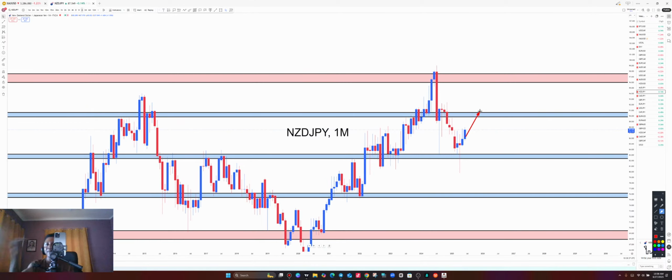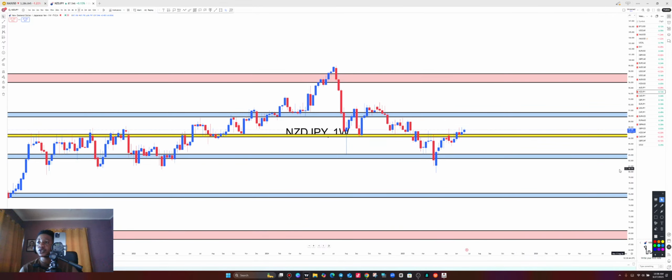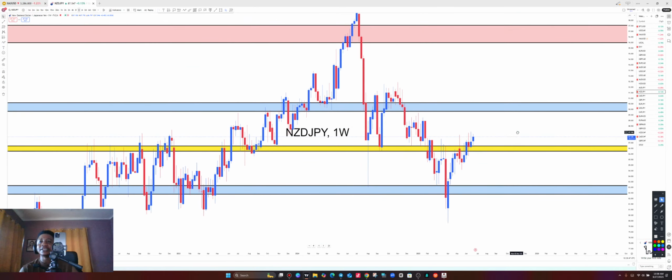How do we pick that buy to the monthly resistance level? Let's consult the weekly time frame for more understanding. This is also the weekly time frame of NZD JPY. On the weekly time frame, we have the weekly mid-range zone. Price has been able to break above this weekly resistance level to the upside and is currently trading above. So once we are trading above, that means we have a free range to go all the way to this monthly resistance level to complete the monthly lower high that we talked about on the monthly. You understand? So how do you pick the buy before price gets to this resistance level?